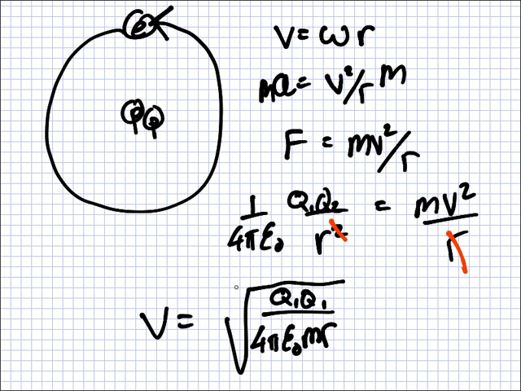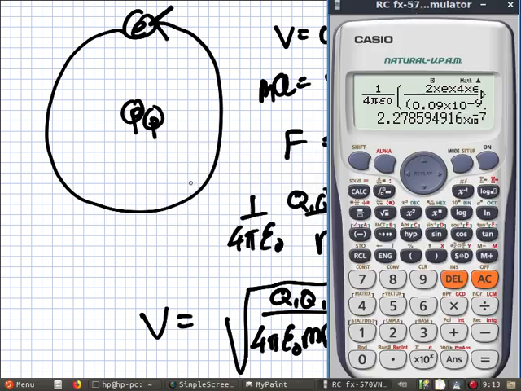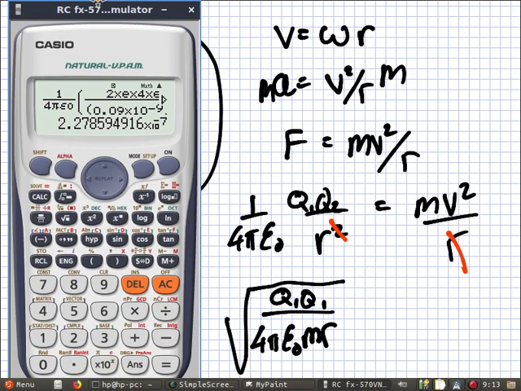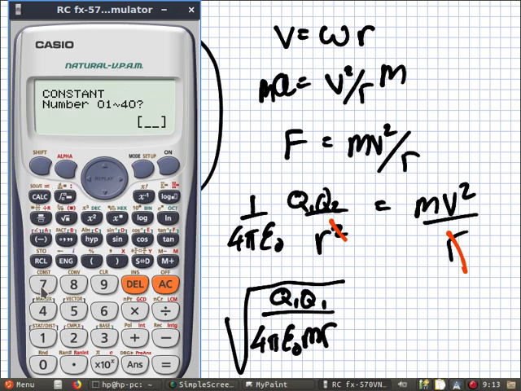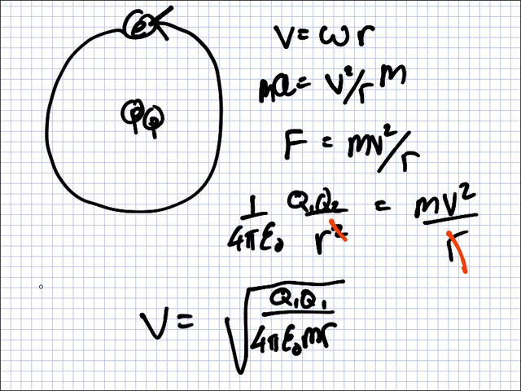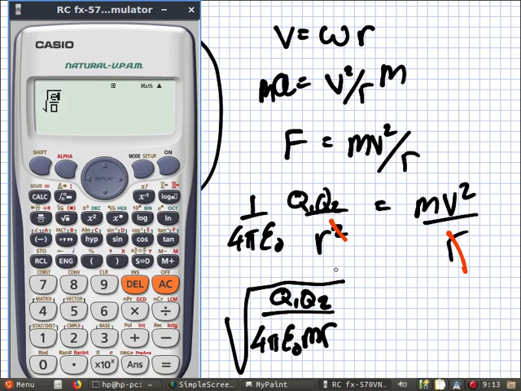Is that okay? So let's type it in. Okay. Square root, fraction. What's the Q1? Let's just say Q1, Q2. It's an e and a 2e. So that's an e and a 2e. And then that's over 4 pi